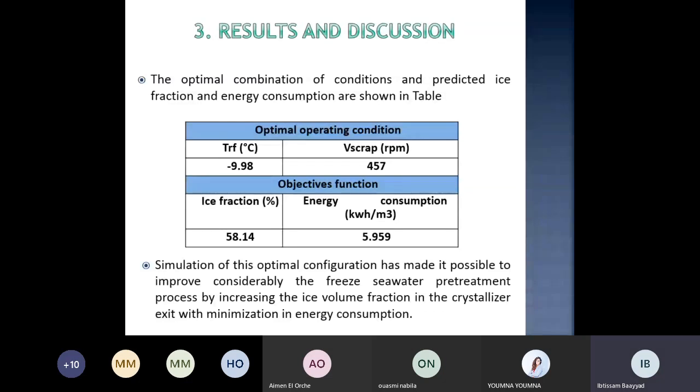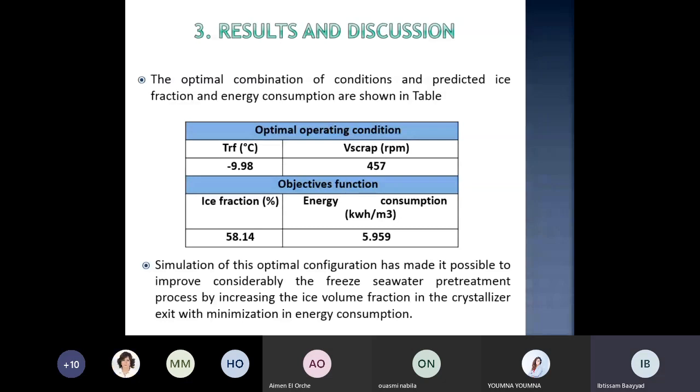The common combination of optimum conditions for the crystallization process was evaluated over the fitness function. Simulation of this optimal configuration has made it possible to improve considerably the freeze seawater pretreatment process by increasing the ice volume fraction at the crystallizer exit to a value of 58.14%, and also minimizing energy consumption to a value of